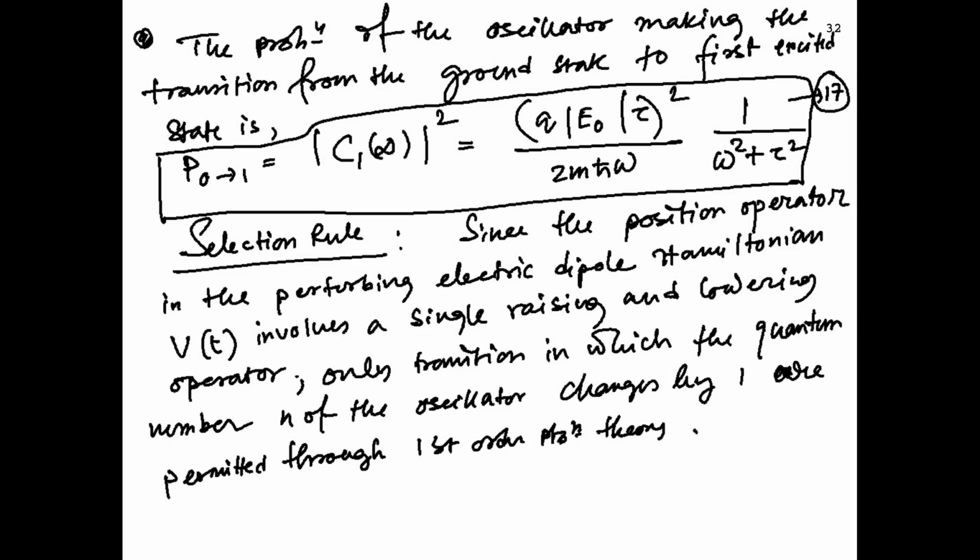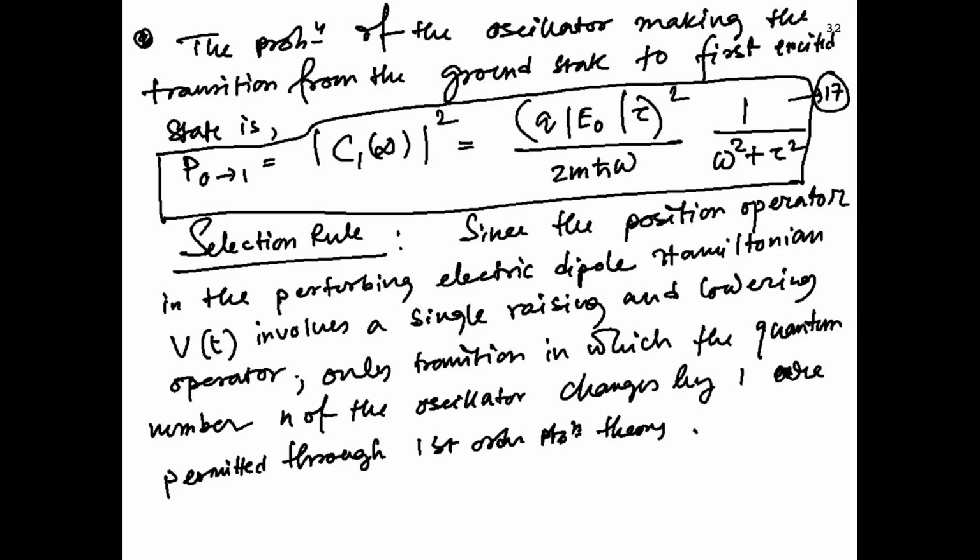Also, you can see this is the first example of a selection rule. The selection rule tells you that the probability amplitude strictly goes to 0 for many other states apart from some very particular states. In this case, that is n equal to 1. In spectroscopy, when you study spectroscopy or atomic physics, you will see many examples of this kind of selection rule for many other problems.